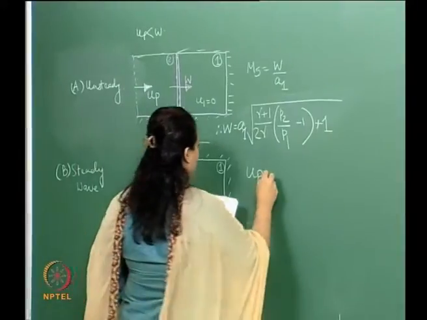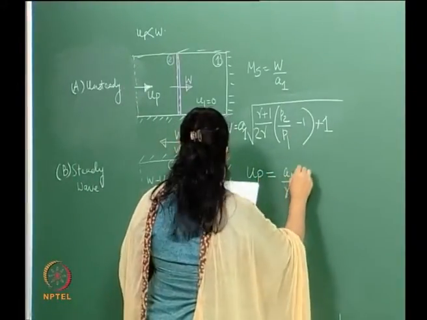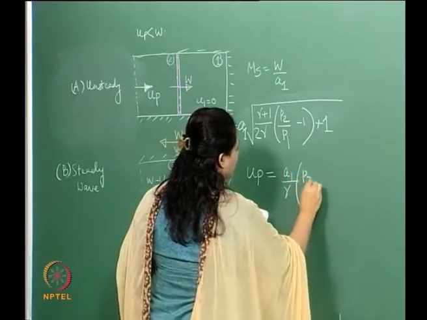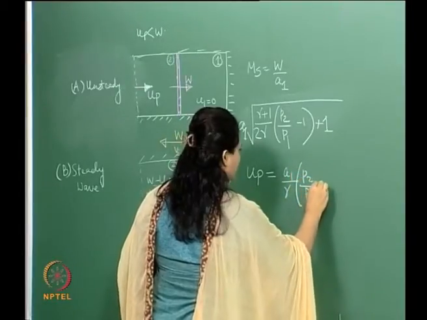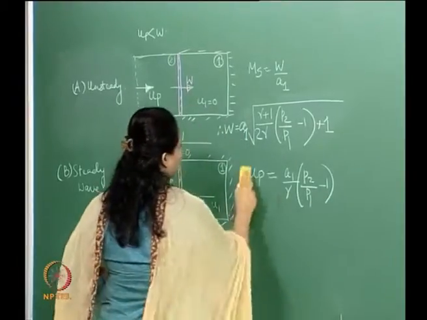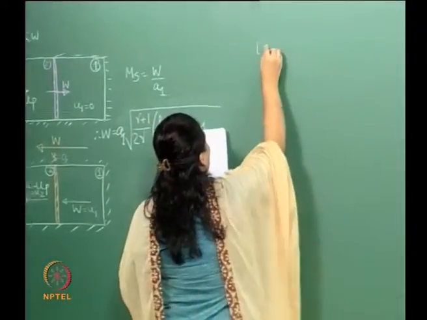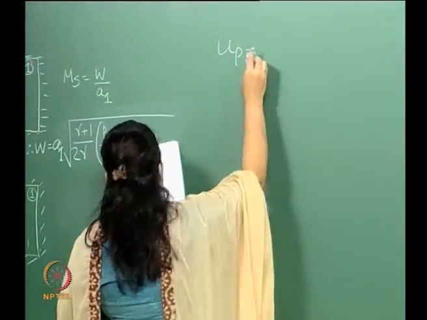Okay, now UP can be written like this. So this is all from the governing equations, so you can just cross check this if you so want. Okay, let me move this space. Okay, so UP can be written as